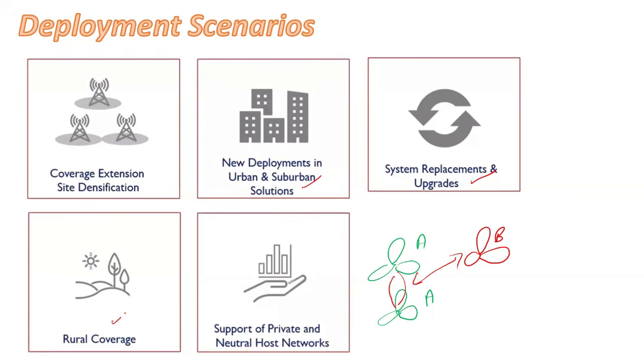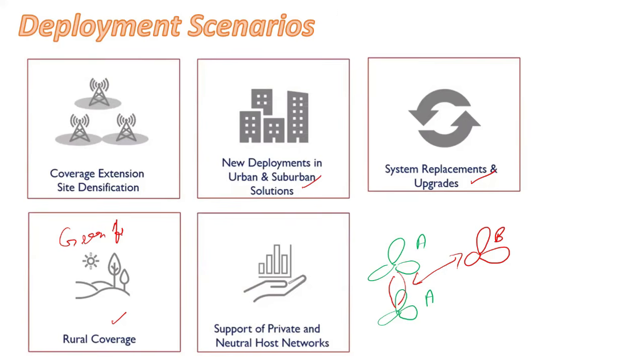Then we have rural coverage. If you want to expand coverage, it's better to use Open RAN. In rural areas, population is not that high, so we can begin installing Open RAN there. Now if you have a greenfield area, like in the US, there is a company called Dish Mobile, and they are using Open RAN. Since they are a greenfield operator, they can deploy immediately with the help of Open RAN. They can use any combination of different hardware and software from different vendors.